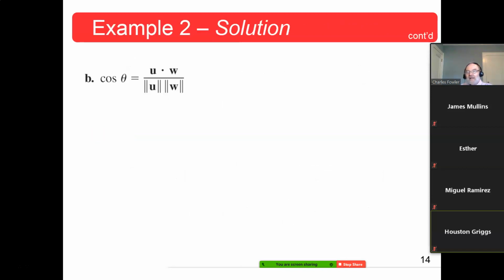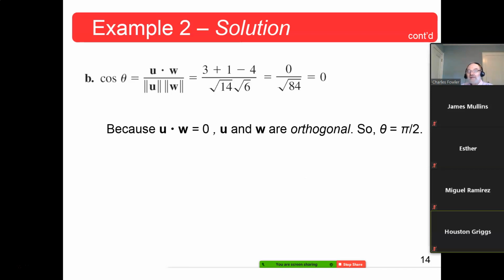All right. The second one, cosine of theta, is u dot w divided by the magnitude of u times the magnitude of w. Okay. Well, u dot w was 3 plus 1 minus 4, which happens to add up to 0. So it doesn't matter what the denominator is, the numerator is 0, so this fraction is 0. And they carried it out. Why, I don't know, but they did perfectly fine to do so. You could have simplified that some, but why mess with it? That's equal to 0. Well, if the cosine of theta is 0, you know theta has to be pi halves